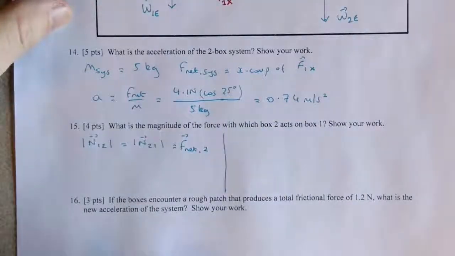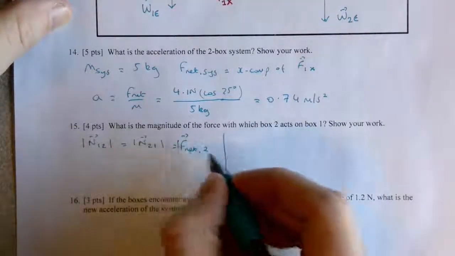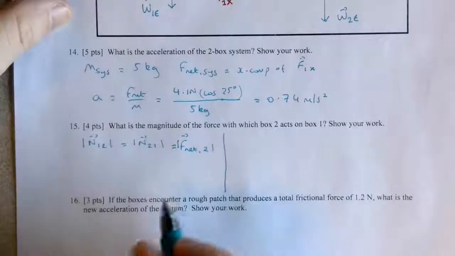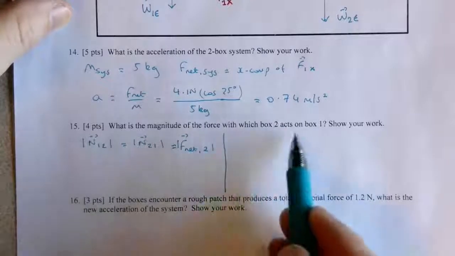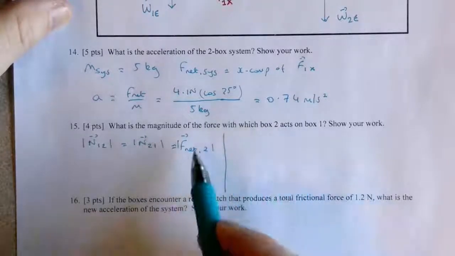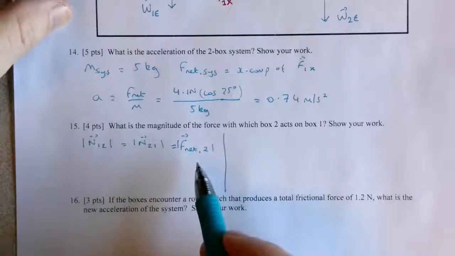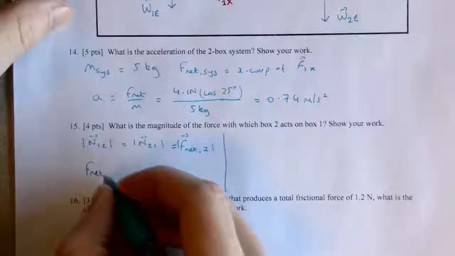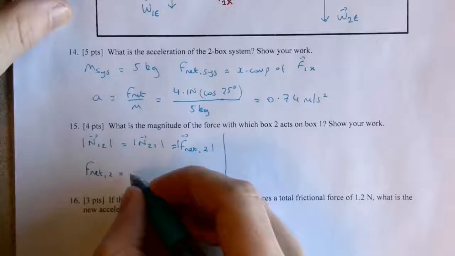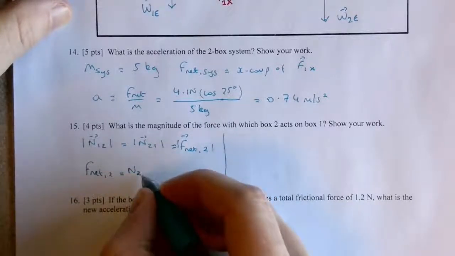So the short version, I'm going to put in magnitude here. Even though the question asks about a force on box 1, recognizing that it's a total force pair, you can shorten the solution to just this value: F net 2 equals N21,